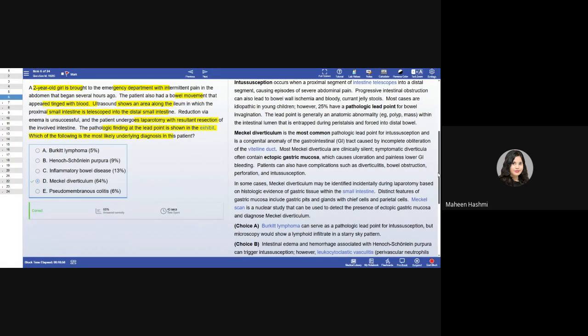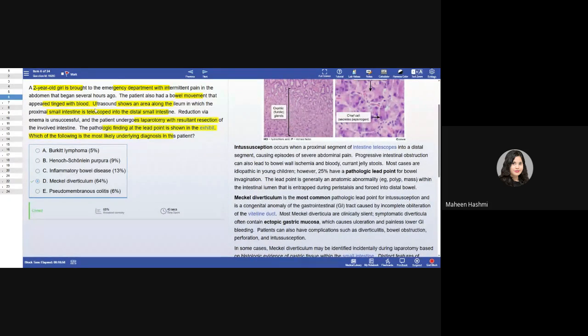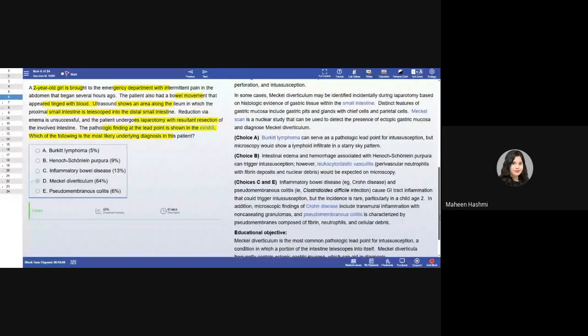Another thing is that this diverticulum contains 2 types of tissue. They want you to know about gastric tissue and pancreatic tissue. Yes, very good. But they can ask a lot about ectopic gastric mucosa. It can also cause ulcerations, so they can give you, oh, she started bleeding. Because of the ulceration of the gastric mucosa within the Meckel's diverticulum. They can give you that as well.